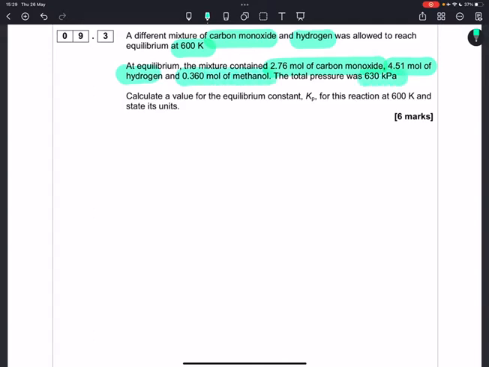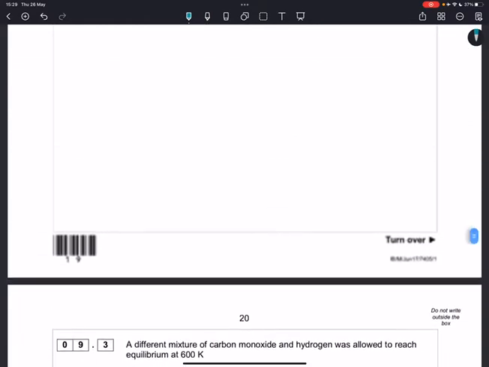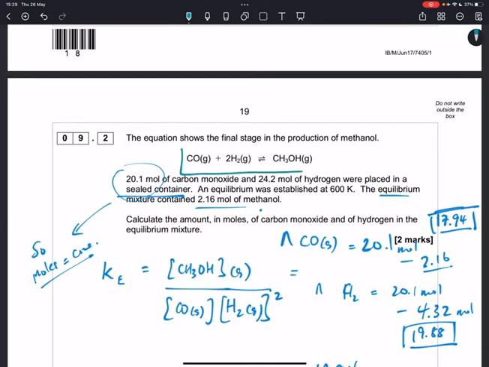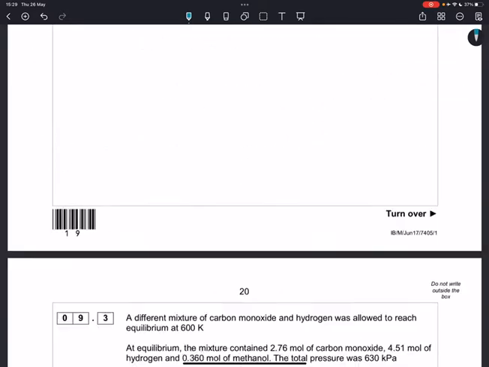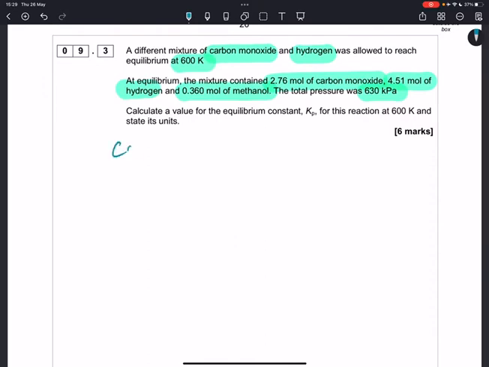Okay, so let's go back to the equation. The equation we've got for this is up here: carbon monoxide plus 2 hydrogen goes to methanol. So carbon monoxide gas plus 2 moles of hydrogen gas goes to methanol, which is also in the gaseous form